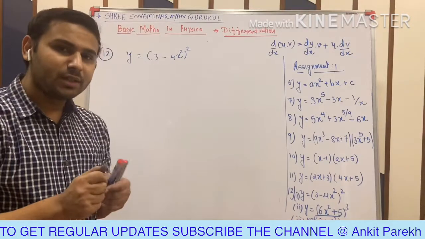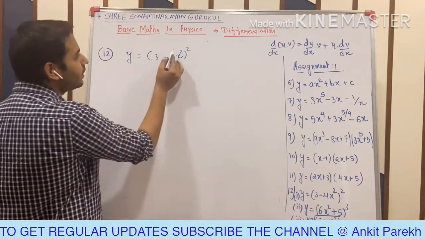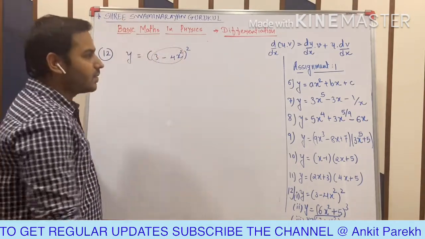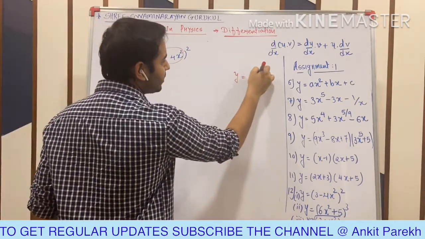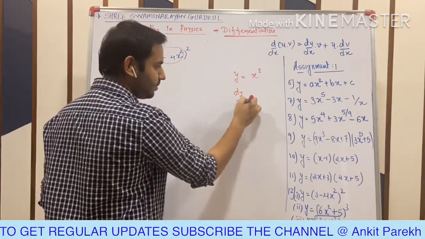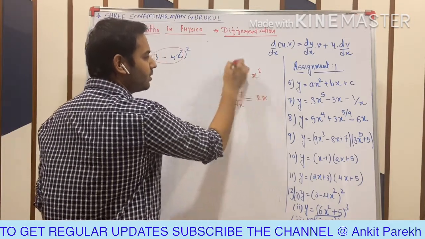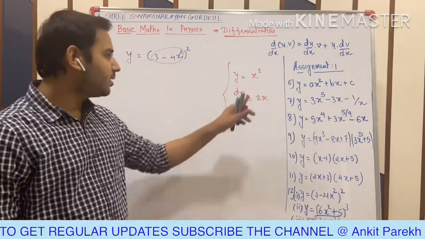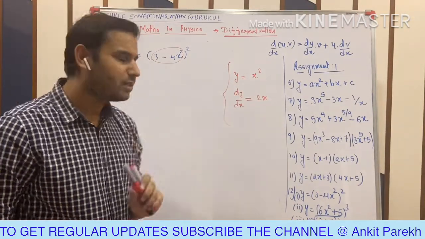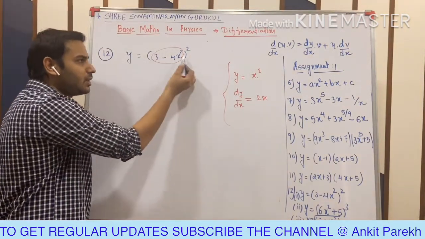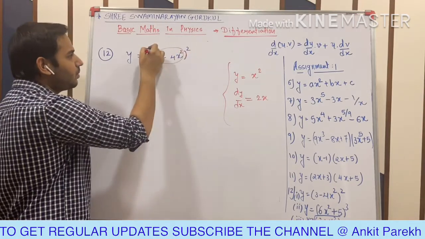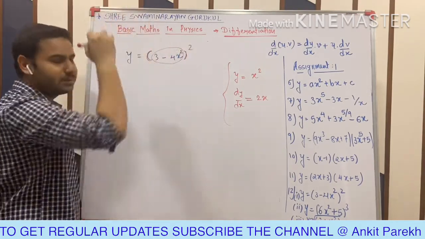So first of all, what you need to do, consider this as a bracket, whole bracket. Suppose y is equal to x square, then the differentiation dy by dx is 2x. All of you know this, right? Yes or no? y is equal to x square, then differentiation of that is 2x. So I am not going to read whatever is written in the bracket. I'll just focus on these things, the bracket and its power.